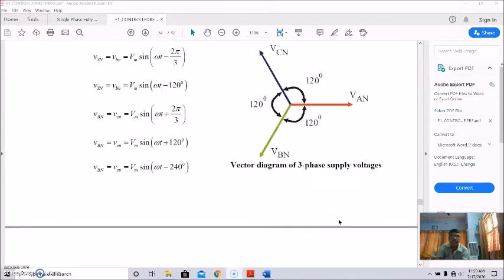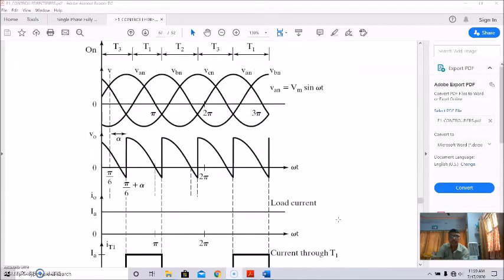So that is explained in this diagram. This is the conduction period of thyristor 2, and it conducts until thyristor 3 is in conduction. When thyristor 3 conducts, thyristor 2 will be in reverse bias mode, and as a result thyristor 3 will be forward biased and will conduct in case of inductive load, and the waveform will be like this.